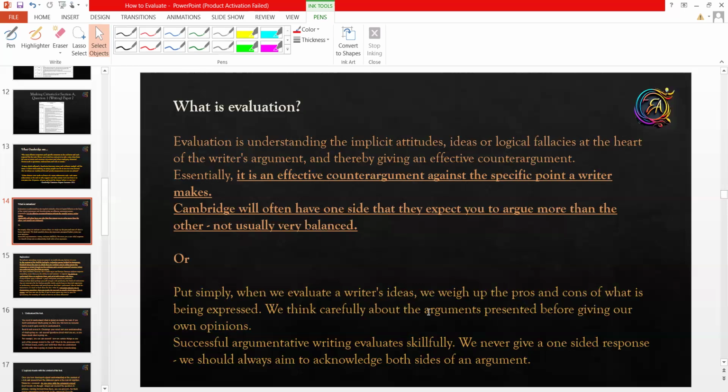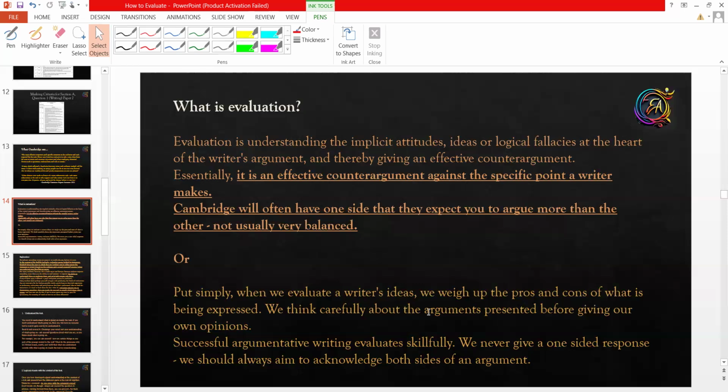If you don't agree with the idea, just give a counter argument against any specific point where you think the writer is wrong. Your own evaluation counts here. It's your own opinion, and no one is going to argue with you. Whatever you deem fit, whatever you think is right, no one is going to challenge you. But you have to give a counter argument, and it is not usually a balanced one.